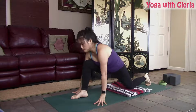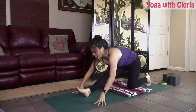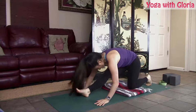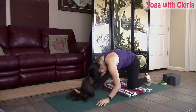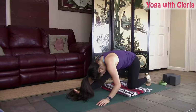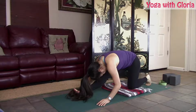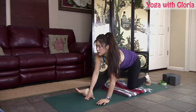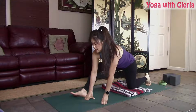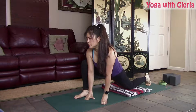And let's do one last one here. Ardha Hanuman, heels digging in, dragging it back. And if you're able to fold over the leg, even better. All right. And then from here,